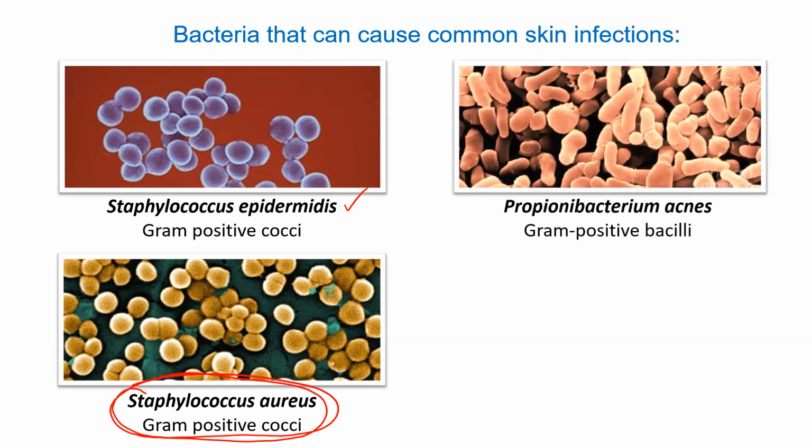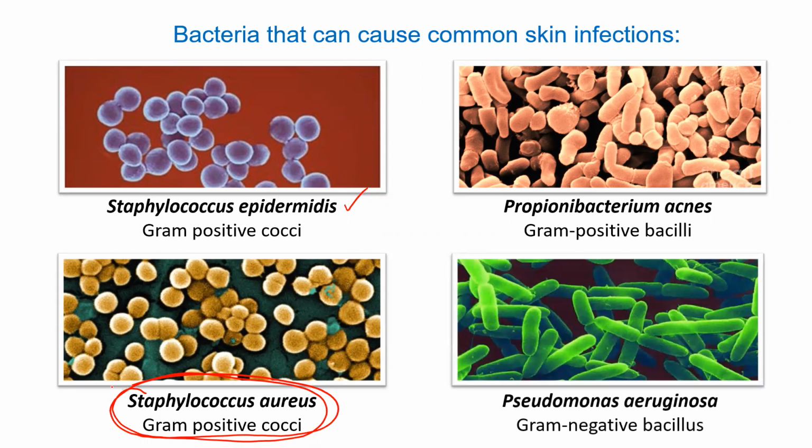There's another organism that comes up once in a while, this one here, Propionibacterium acnes. I'm not going to talk about it here today, but it's usually the cause of acne. So if you have acne problems, that's kind of the problem. And it's also gram-positive. And I want to talk about one important gram-negative organism, which is Pseudomonas aeruginosa,